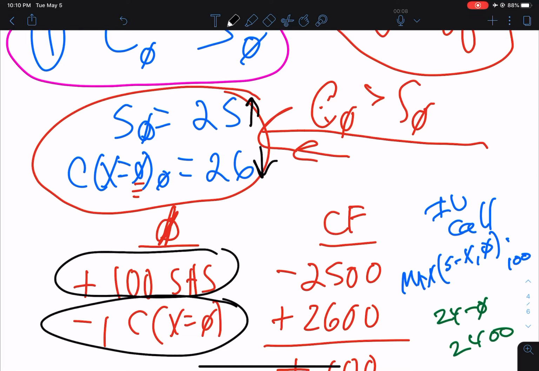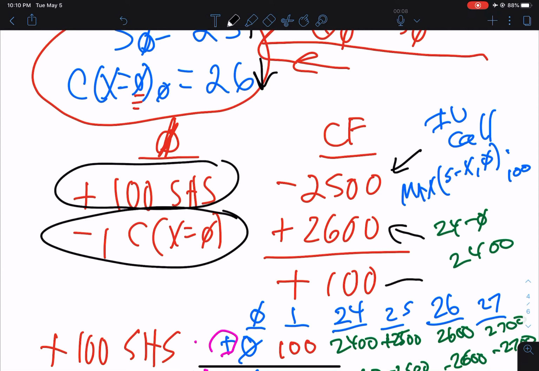And eventually, as this goes higher and that goes lower, they're going to cross. And at some point, the number that we pay is going to exceed the number that we receive, and this is going to turn negative. And when that turns negative, then that's the first possible combination of stock price and call price that is a